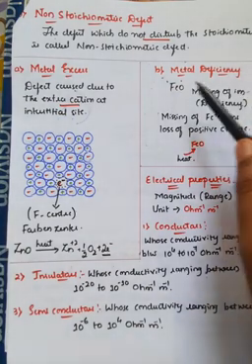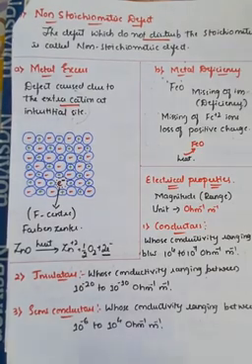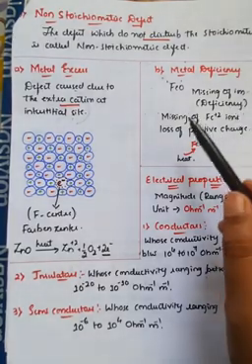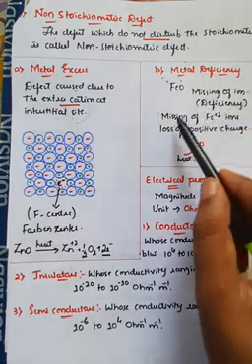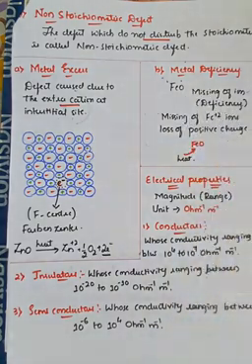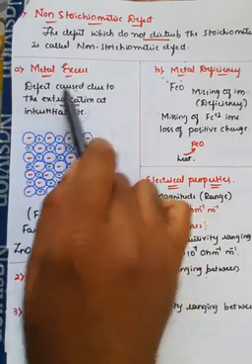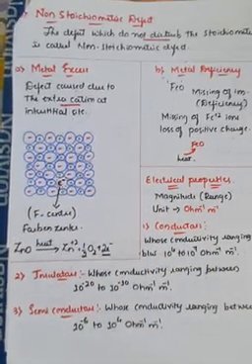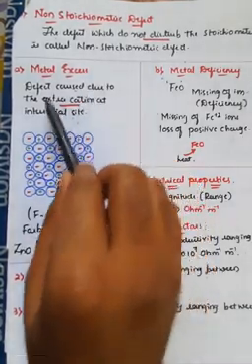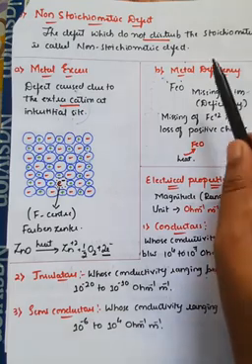And in case of metal deficiency, it is very simple. Deficiency means reduce in the value. Deficiency means reduce or missing of ion, right? So if you observe in case of iron oxide, if you heat iron oxide, what happens? Due to the missing of Fe+2 ions, whenever there is a missing of positive, that is cation, we will call it metal deficiency. Whenever there is an extra cation, we will call it metal excess. That is a major difference, just based on only one word. Whenever there is an extra cation, you will call it metal excess. Whenever there is a missing of positive or cation, you will call it metal deficiency.